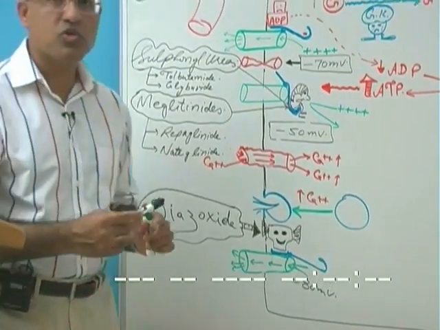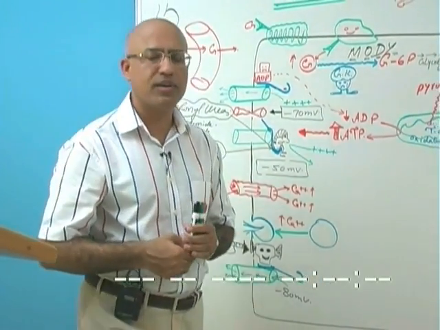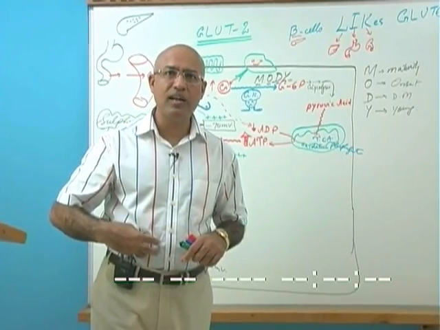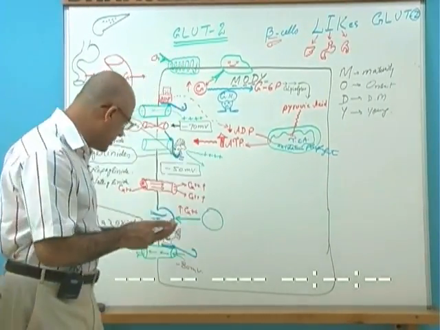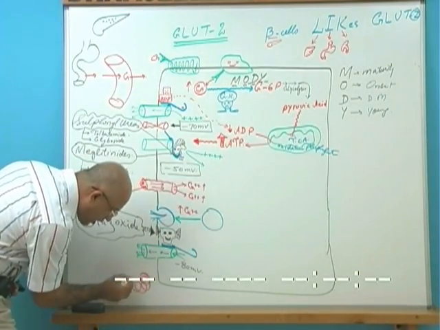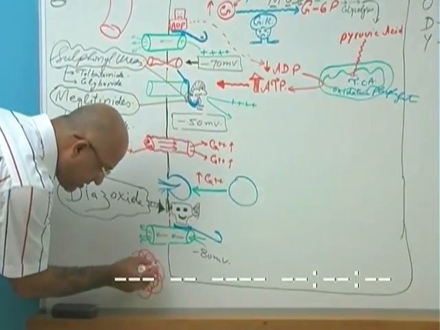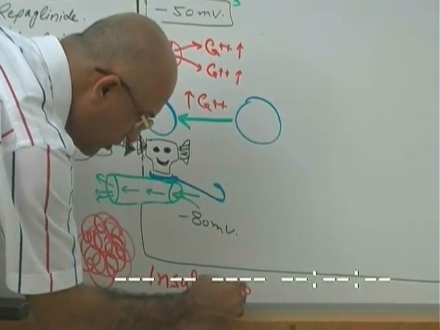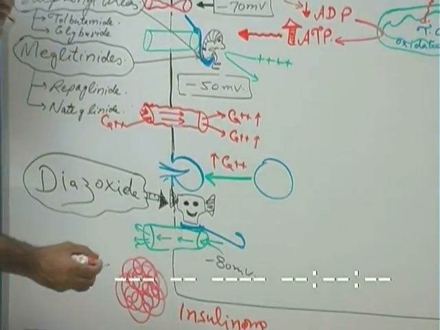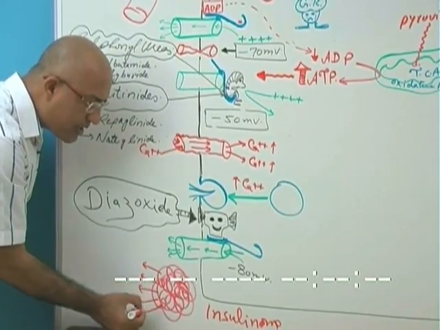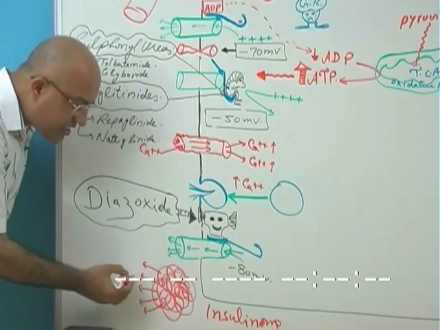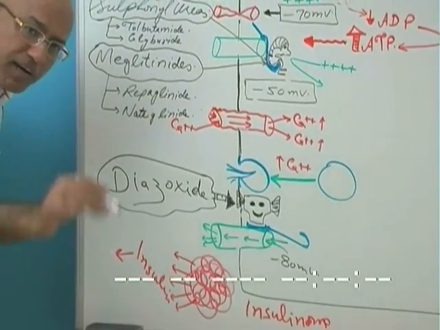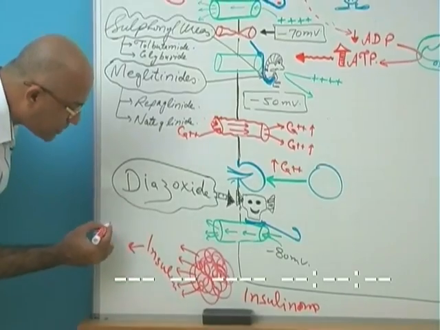This drug can be used in a very special situation. Some people unfortunately develop a tumor, a neoplasm of the beta cell. That is called insulinoma. It is a tumor of beta cells, where a lot of beta cells are neoplastic in the pancreas. In a patient with insulinoma, there are excessive beta cells and they secrete too much insulin. If too much insulin is present in the blood, that will take the blood glucose level down, and these patients will have severe